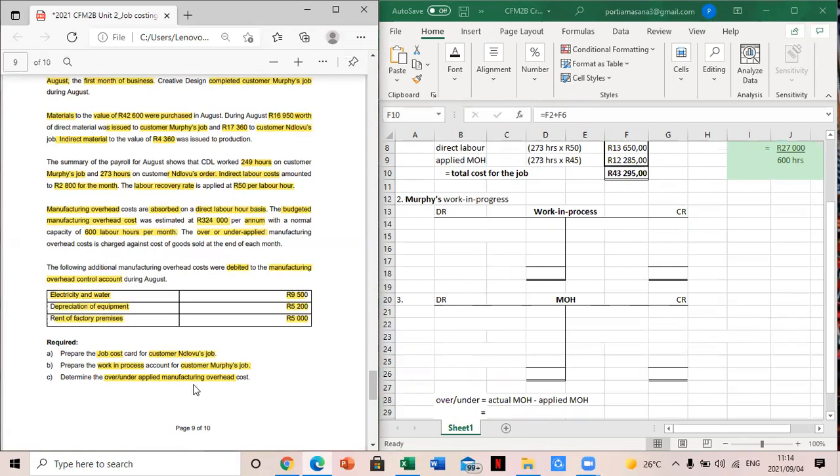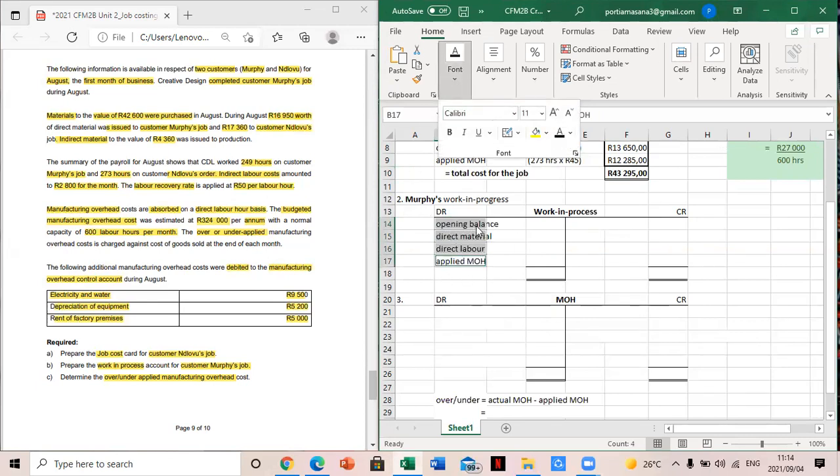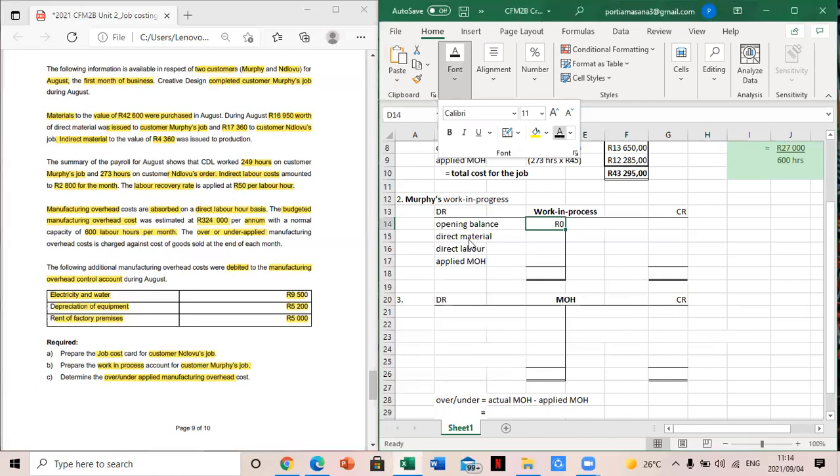account for customer Fee. Okay, it's more or less the same thing. So this is the format. So work in process, and then we have the debit side and the credit side. So we always have our opening balance as the first account, and then we'll have our direct material as well as direct labor, as well as our applied manufacturing overhead. So the opening balance, since here nothing was said about the opening balance, we'll have it at 0 Rand, right? Then direct materials,